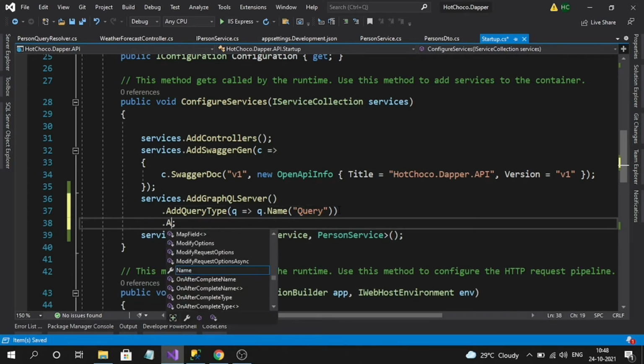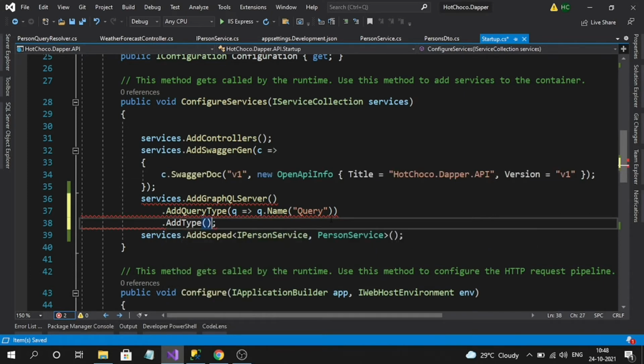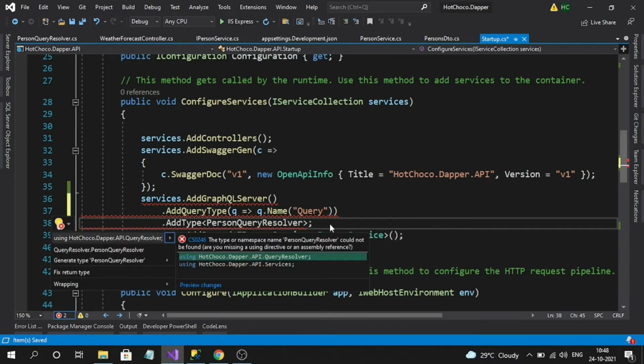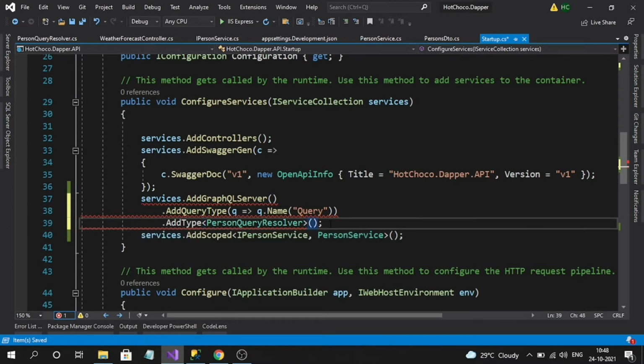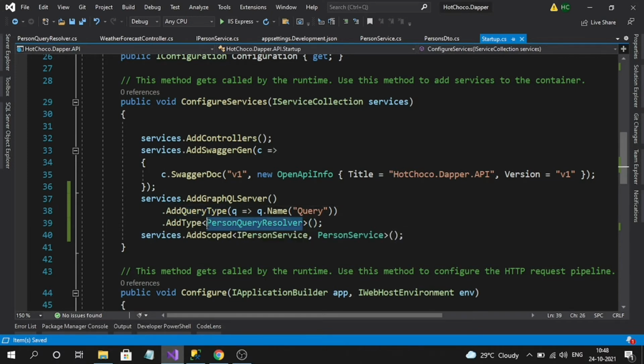And finally, we have to register our resolver type, simply directly here, PersonQueryResolver. So that's it. We are done with registering the root query name as well as its type. Okay, now let's run and check whether we are able to create a GraphQL endpoint successfully or not.